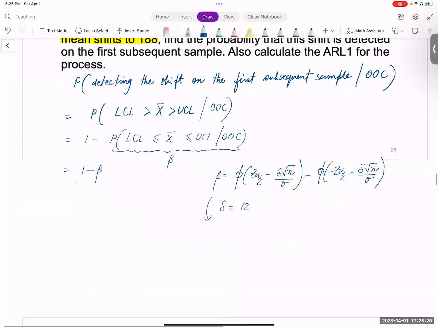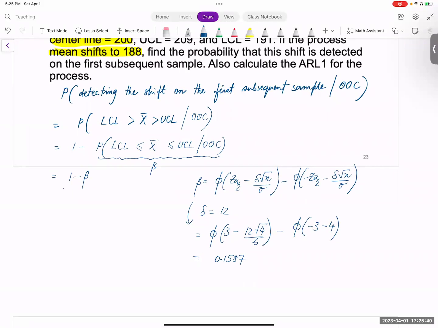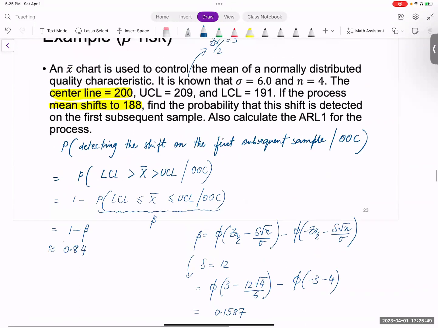So I can compute beta equals phi of (3 minus 12 square root of 4 divided by 6) minus phi of (negative 3 minus 4). If you compute this, you'll get 0.1587. And so plugging this back in, you get the final answer as roughly 0.84. So there's an 84% chance of detecting the shift from 200 to 188